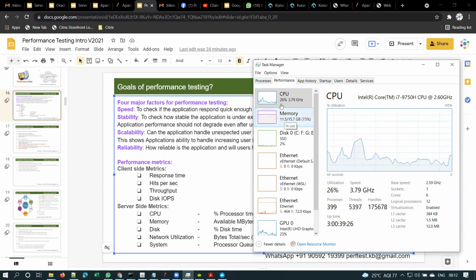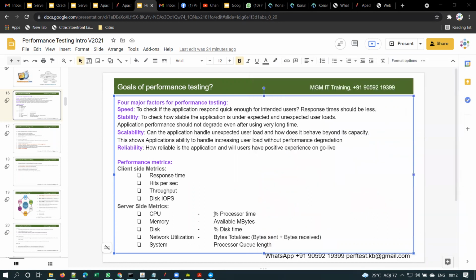Then you will get an idea of what is causing the system slowness, isn't it? In the same way, when you are doing a load test, when you are doing performance testing for any application, these are the important metrics to monitor.